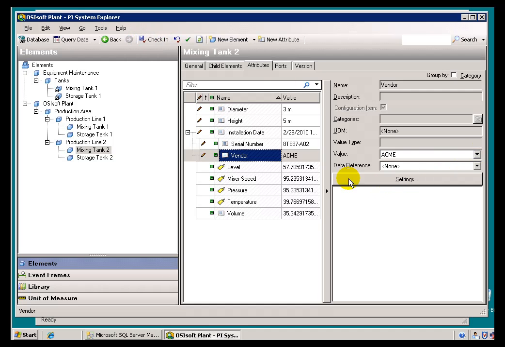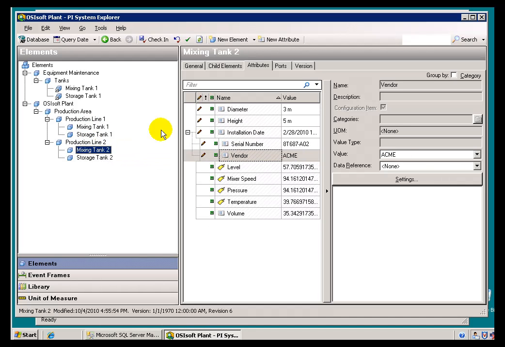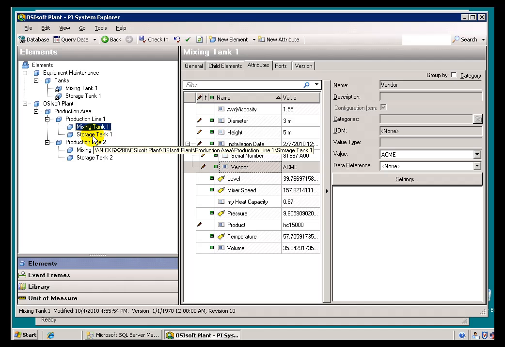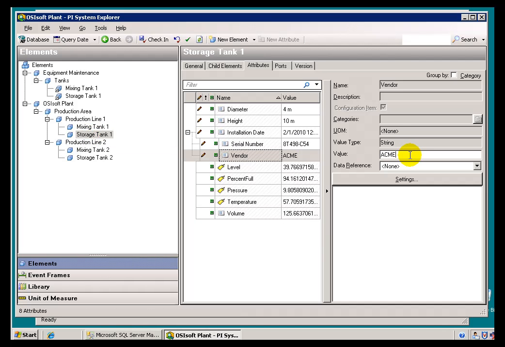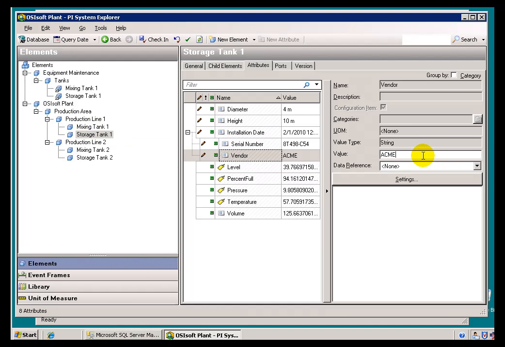It gives us a standardized way of making reference to this. So if you look at before and after, look at the mixing tank versus the storage tank. Storage tank is still an open string. Mixing tank is more uniform than that. And to give you an example, this is what you might see after 10 years of working with this system. Half of your elements refer to them that way, the other half refer to them this way,